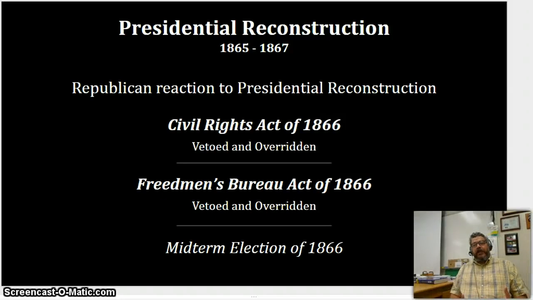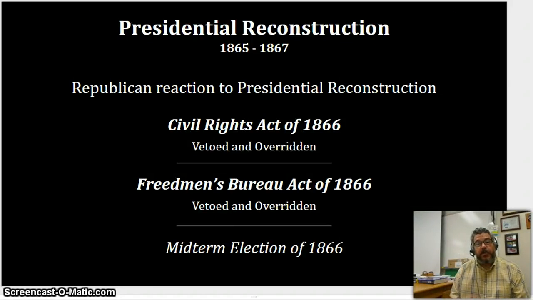What's the response going to be from Republicans? Well, it's going to be pretty swift and it's going to be pretty harsh. Very soon after Johnson announces the end of Reconstruction in 1866, the successful Reconstruction of the South, the Republican-led Congress is going to pass the Civil Rights Act of 1866, with the intent of trying to blunt some of those black codes, to institute rights and freedoms for the freedmen. Unfortunately, it doesn't come with any type of enforcement, and so it's going to largely fall on deaf ears. In fact, as it reaches the president's desk, he's going to veto it.